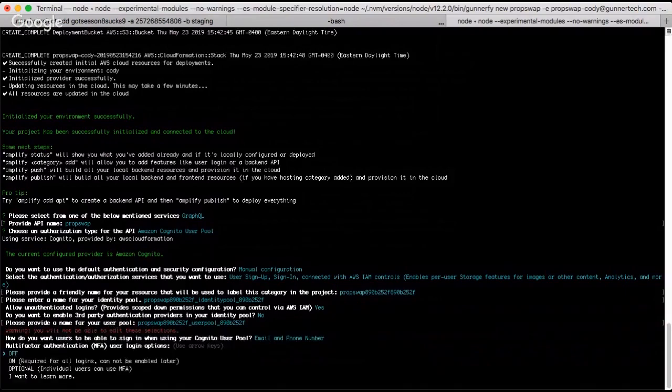Okay, so multi-factor. You can go off, on, or optional. Now, it's important to note that if you go on, it's required for all logins. You can't change it later without destroying the whole user pool. So you want to be very careful. For medical applications, you want to turn that on, required for all logins. This means whenever you log in, it's going to ask you for a code every single time. So I usually go with optional, just in case there's a requirement later on down the road in the project where we want to